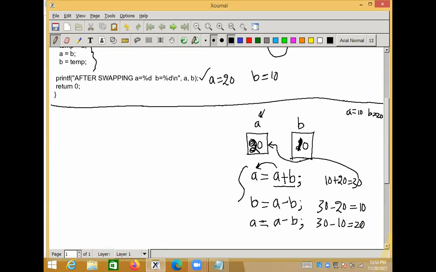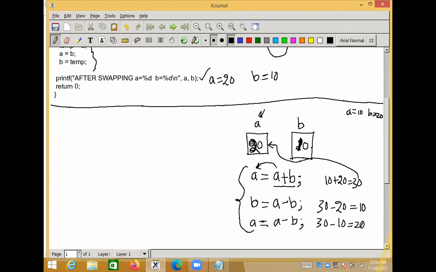So this is how you can interchange or swap two numbers without using a third variable. Here you saved memory for the third variable. So your program is consuming less memory space. Only the required memory space it is consuming, unnecessary extra memory space it is not using. That's why your program runs faster, and this is called efficient code.